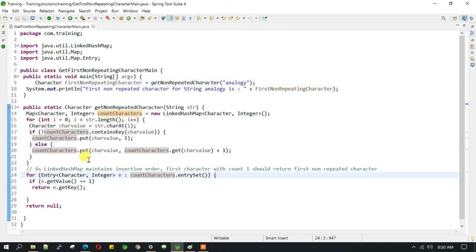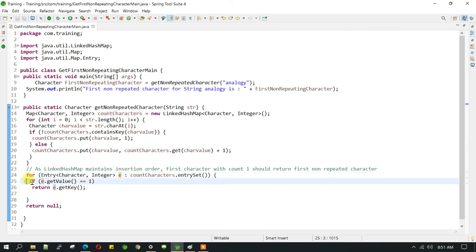Now after doing that, we have a map called count character. We need to loop through and check which is the first key with value 1. So we are converting it to a set so that we can iterate it, and e is the variable, so we are iterating it and finding it.